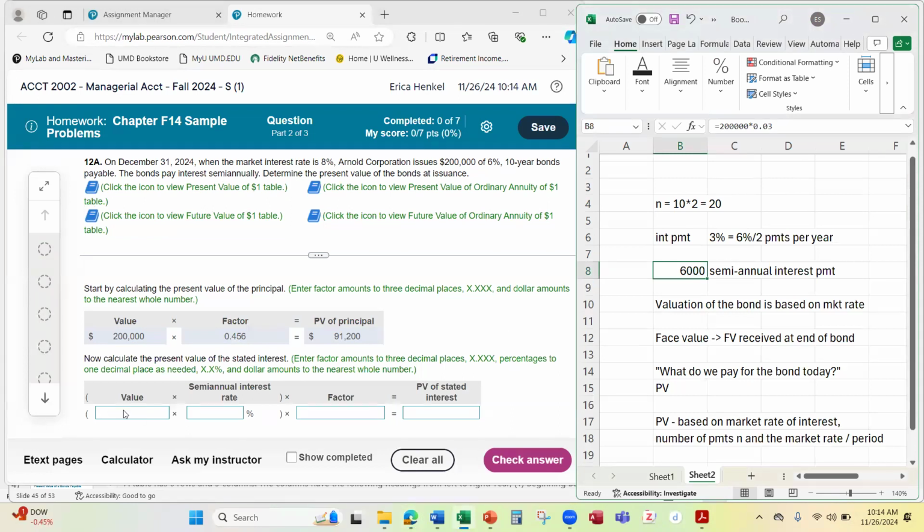Down here, they're walking through this again. They're having us recalculate the payment by taking the $200,000 and multiplying it times 3%, which is this $6,000 we already calculated. And then they're going to calculate that times the present value of an ordinary annuity of 1. Okay. So looking at that,